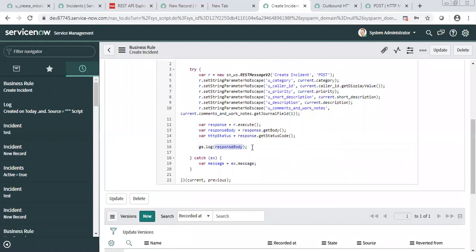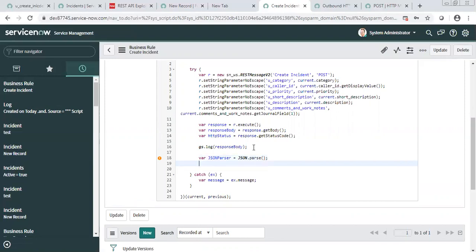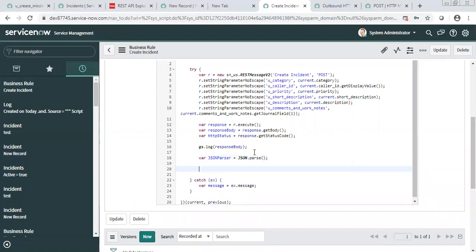So this response is here. Now what you can do is parse it through a JSON parser. Parser is equal to JSON dot parse. Just to give a reference ID of the incident created in the other system. Yeah.